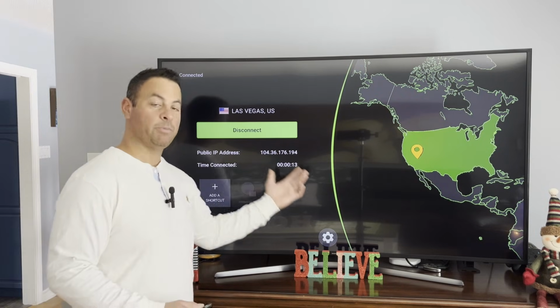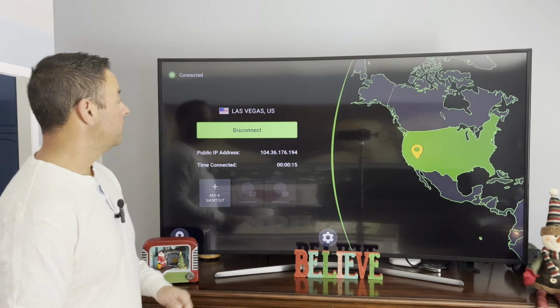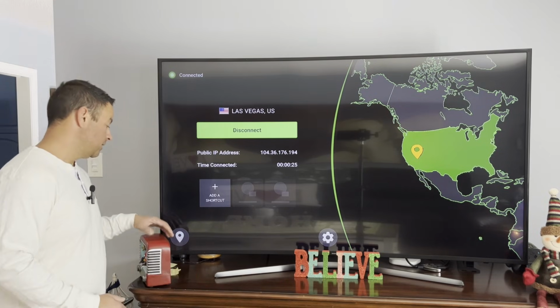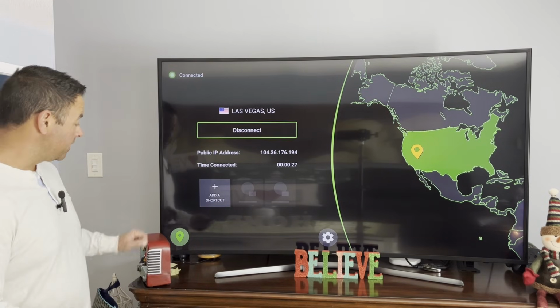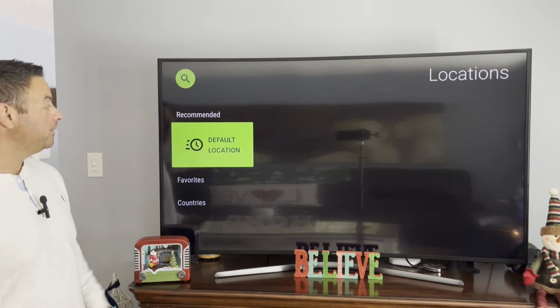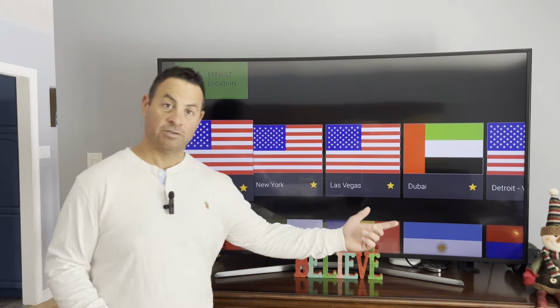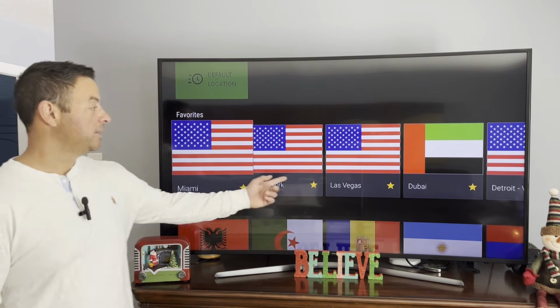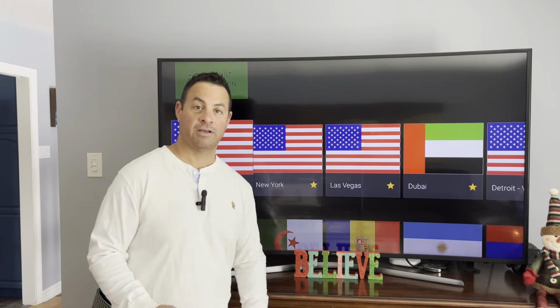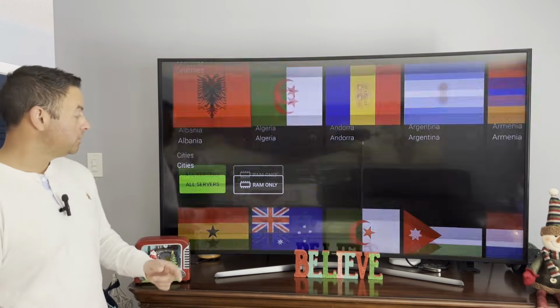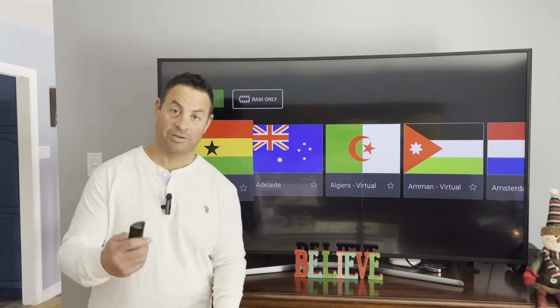Here, IP Vanish opened up already, hitting for Las Vegas. And select on it. This little map icon down on the bottom left, we can click on it. And I already have some favorites listed. So you can highlight them, star them, and create different areas of interest in your favorites. We can go by countries, or we can go by city. So you can select across,